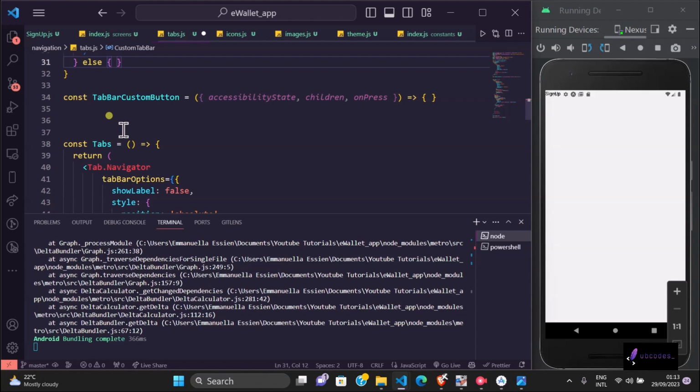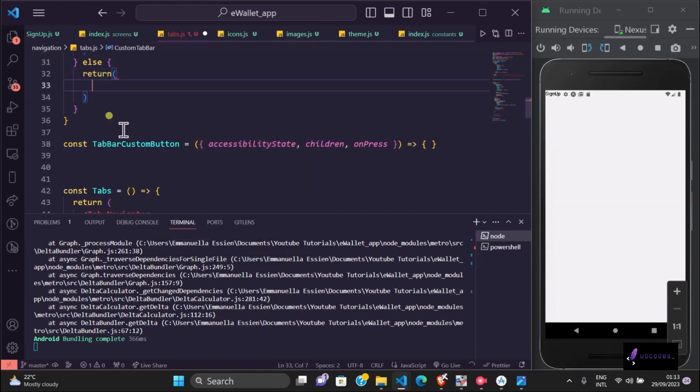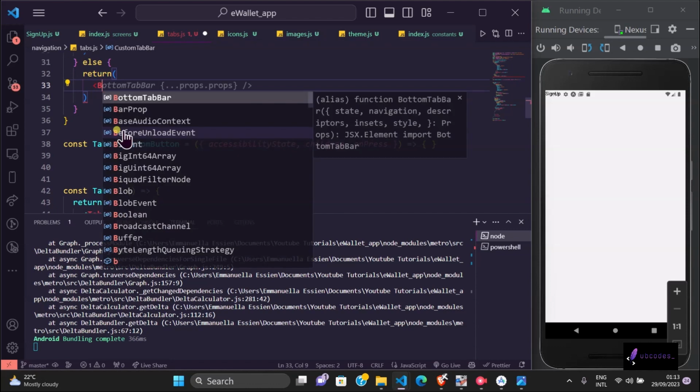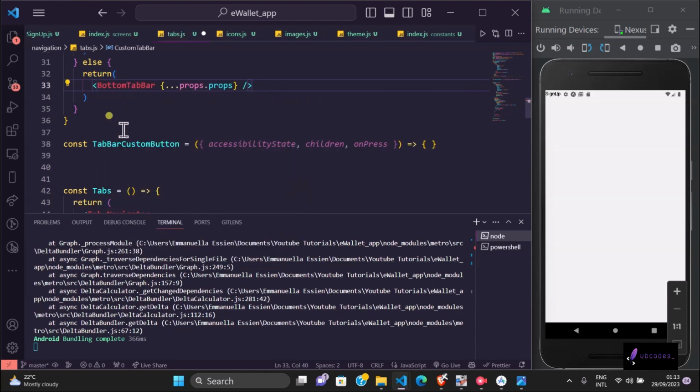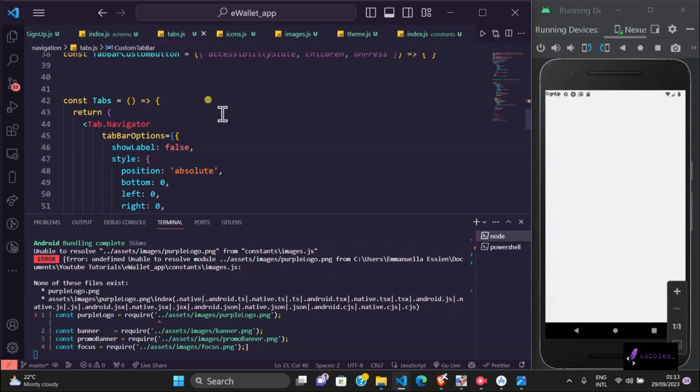We created an if statement here, so then we're going to say else, we want to return our bottom tab bar as this, right? If I save that, we're most likely going to get an error, but you know,